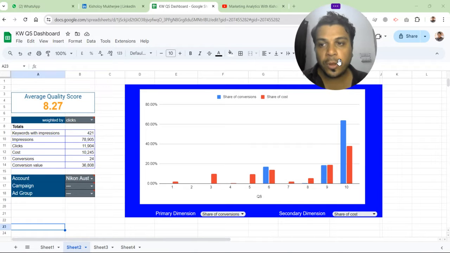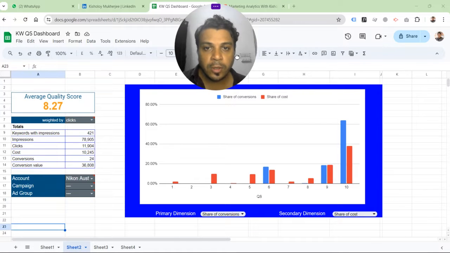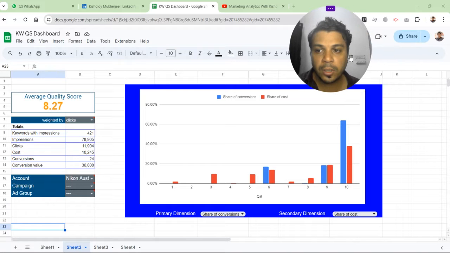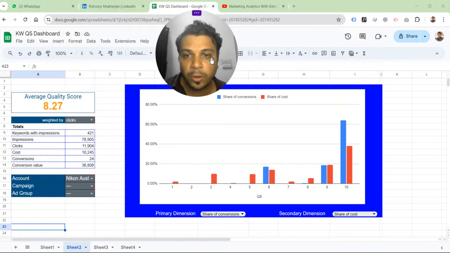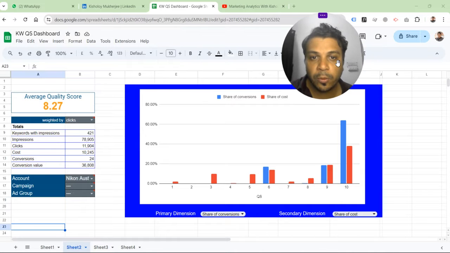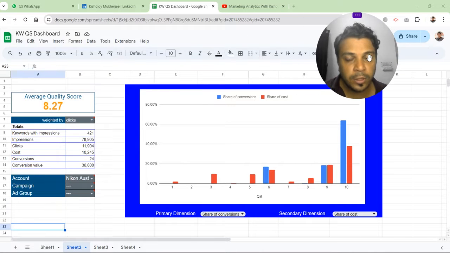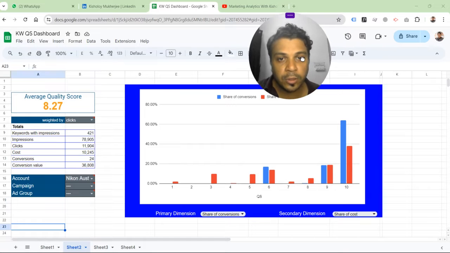In this video, I'm going to show you how to create a quality score dashboard on Google Sheets from scratch. Quality score, as you would know, is a very important part of keyword analysis. An entire account's performance may be significantly impacted by the quality score. The quality score, of course, is determined by several factors, and I'm not going into those factors, but I'm going to show you how you can visualize quality score distribution across different keywords in an